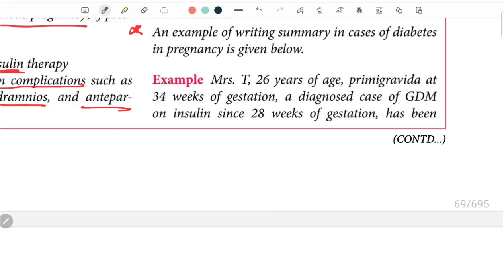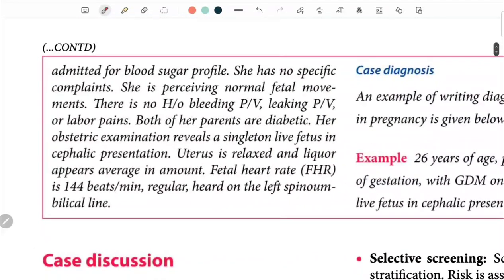Mention the age, whether she is multigravida or primigravida, and the period of gestation. A diagnosed case of GDM on insulin, since say 28 weeks of gestation, has been admitted